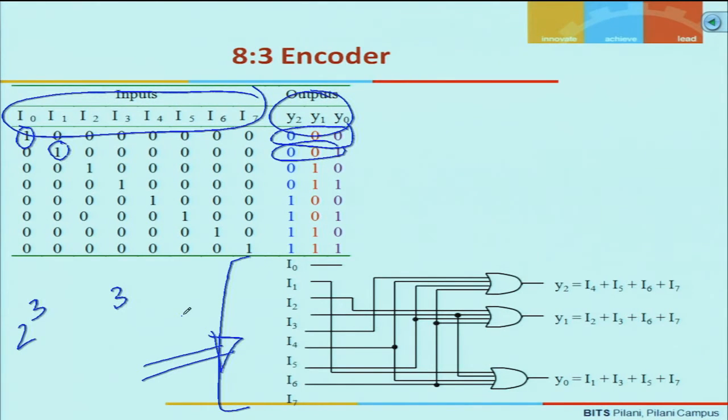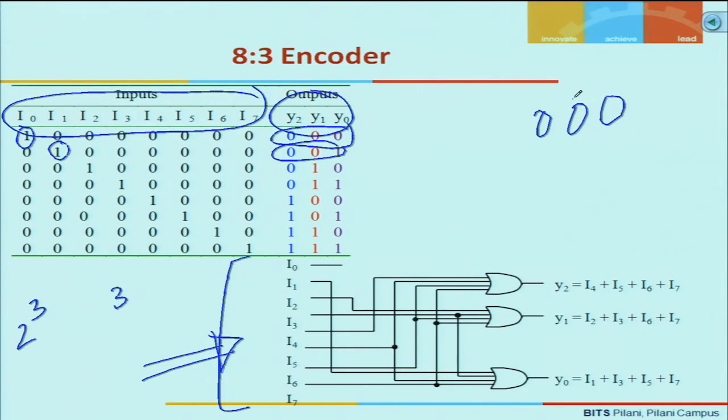The first drawback is, what if none of the inputs are active? For example, I0 to I7 if all of them are 0. If you analyze the circuit carefully, you will end up getting the outputs all zeros for that case also. So it is not able to identify a situation where none of the inputs of the encoder are active. So it always assumes at any given point of a time one of the input of an encoder is active. It is not able to detect this.